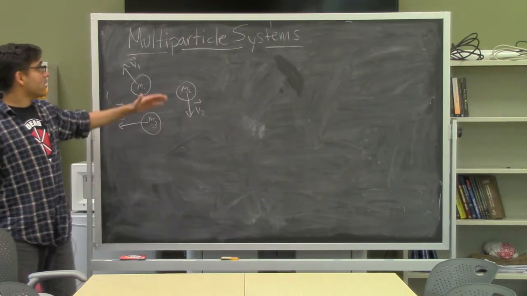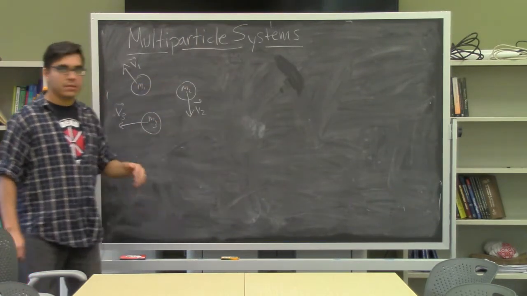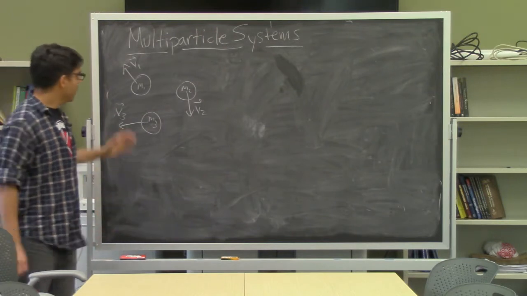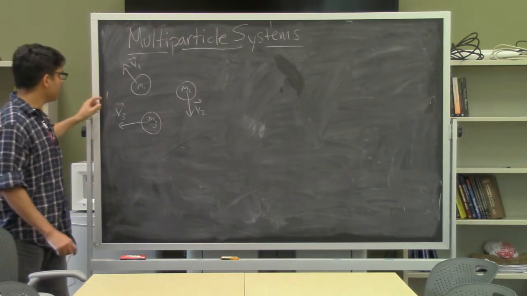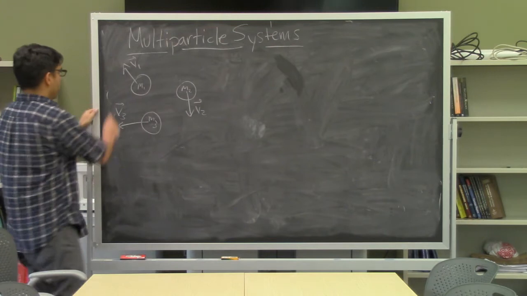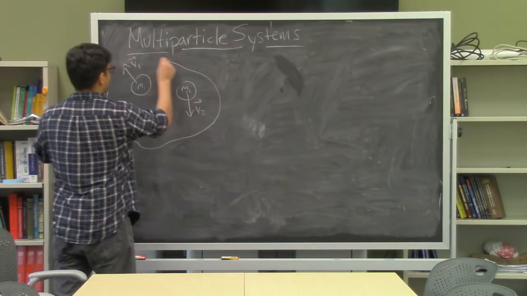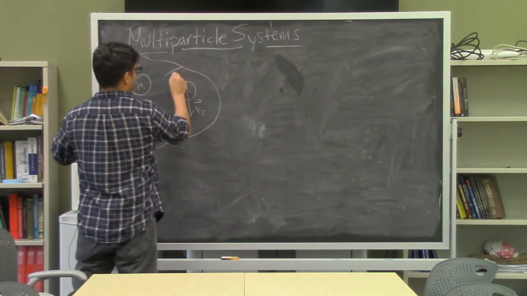In this video, we're going to talk a little bit about multi-particle systems and how those relate to the momentum principle. So here I have a system of 3 particles, each with its own velocity. And so when I bound that system, when I say these are the 3 things that I'm going to consider as part of my system,